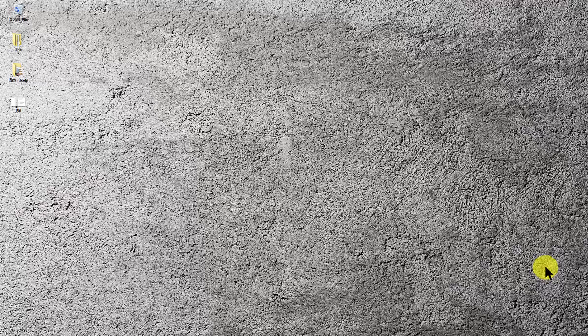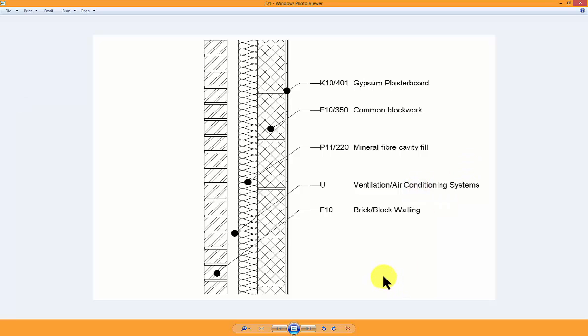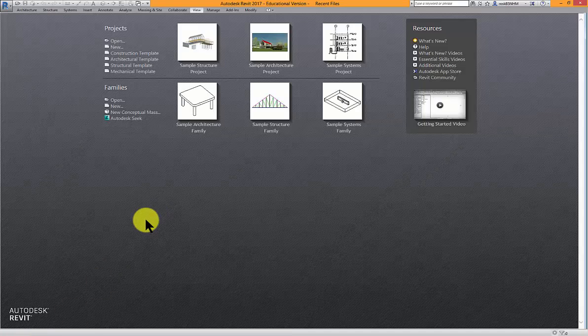Hello everyone. We are going to build a very simple detail in Revit. That's the JPEG of it. A simple detail of a basic wall. So let's go to Revit, then Projects, New,